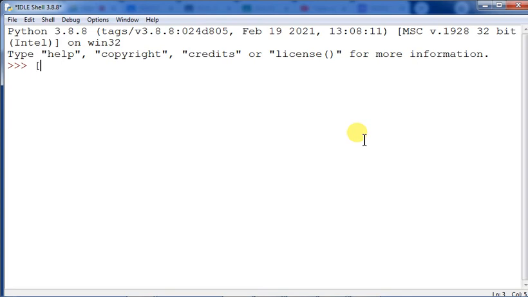So what is a list? A list is to be written in this way. Suppose I am writing Python in single quotes, and then C++, and then JavaScript. So this is a list of strings. This is the example of a list. This is not a program, this is just the list represented in a pair of square brackets.